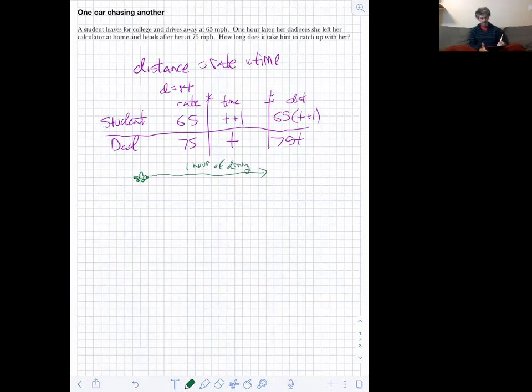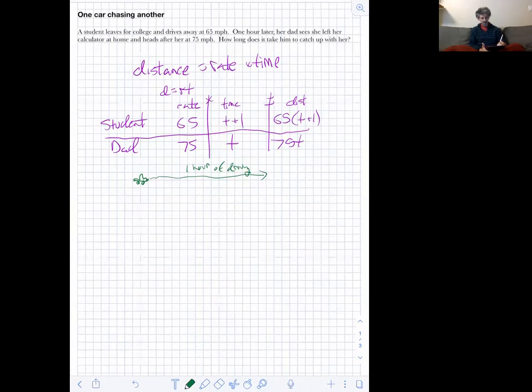And then the dad gets into their car, bigger monster car, vroom, vroom. But at this point, the student is an hour ahead. So the dad's going along, they haven't started yet. And then after some time, the dad's going faster, so dad's going to eventually catch up. And I didn't leave myself enough space, but we can just sort of imagine they're going to reach a point